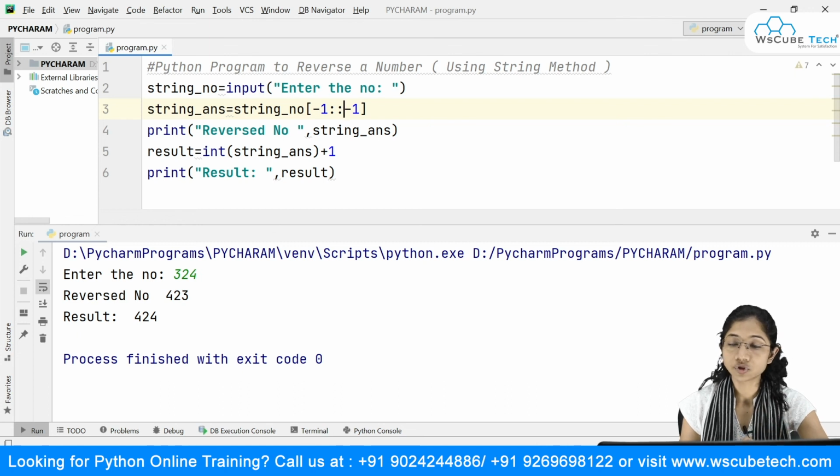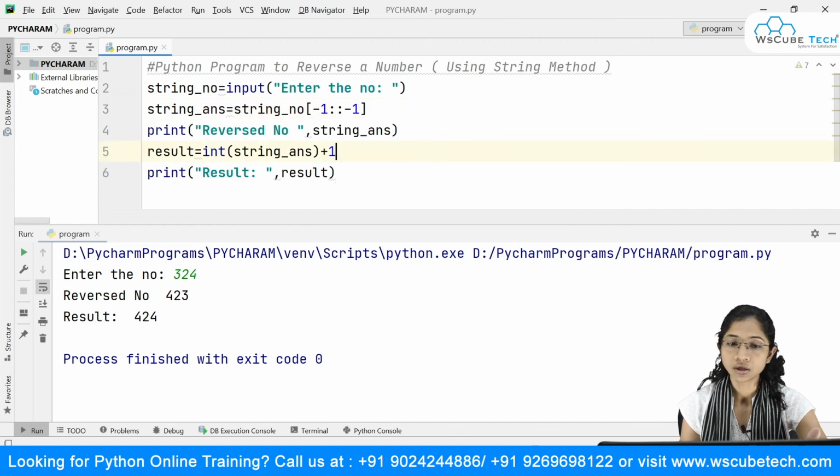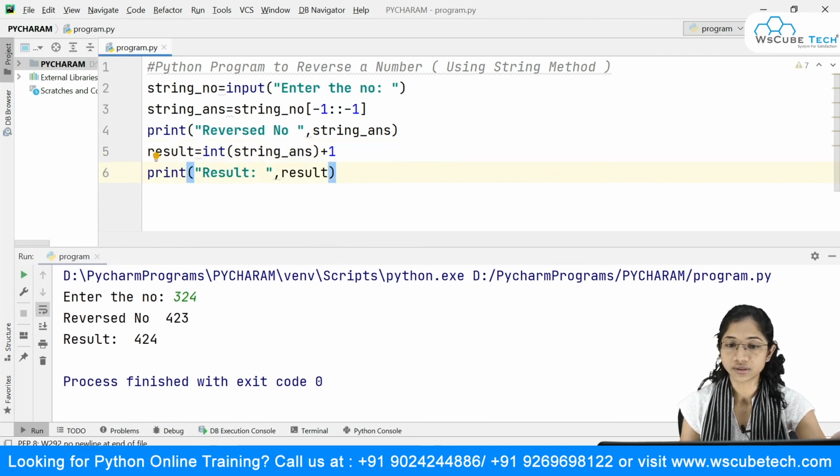And after that, if you want to perform some mathematical calculation over here, what you do is simply convert that thing into the integer, okay, the type conversion, or you can call it type casting over here. So simply convert that thing into the integer, and then you simply add 1 to it, or whatever number you want. You can add, multiply, divide, whatever you want. So that thing would be displayed over here. Okay, so I hope that you have understood this thing.